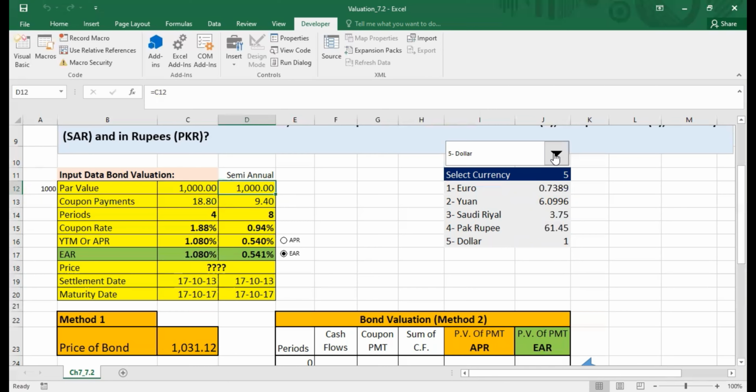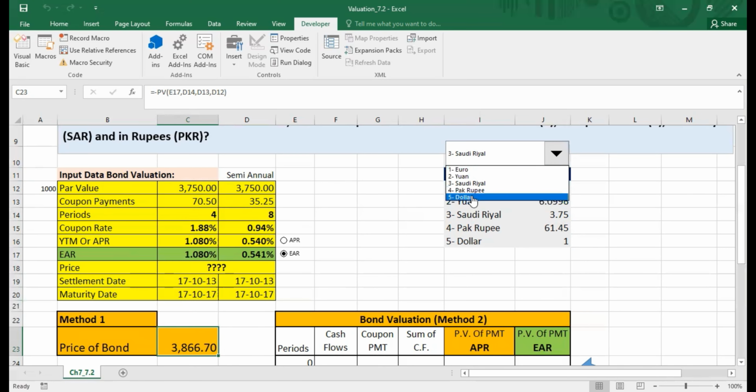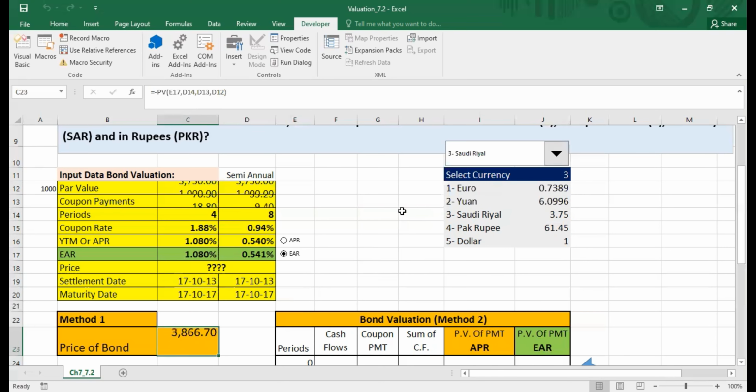But if we pick Saudi Riyal from here, then the 1000 is being multiplied by the exchange rate of Saudi Riyal and displayed over here. When the par value changes, then automatically the coupon payment changes, and you can also see the price of the bond changes. So if the price of the bond in dollar is 1031, then the same price in real is going to be 3866.